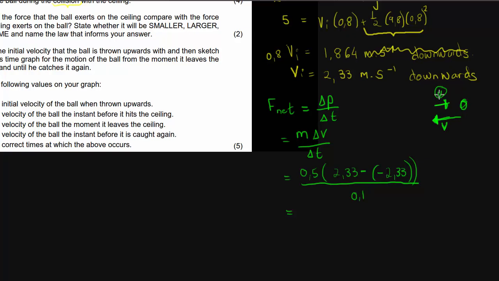So it went all the way from that velocity to 0 to back to that velocity. So what was the change in velocity? Well, double the original velocity, and that's what we see here. It becomes 2,33 plus 2,33 times 0,5, so I'm doubling it and then halving it again, so it's just 2,33 divided by 0,1, so that's actually